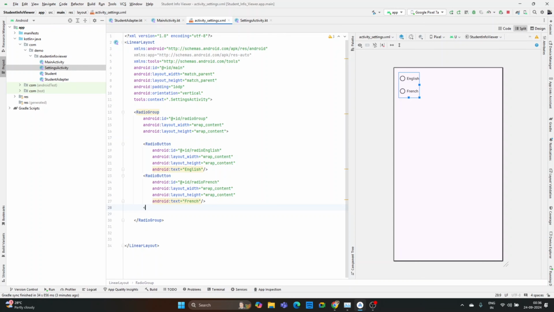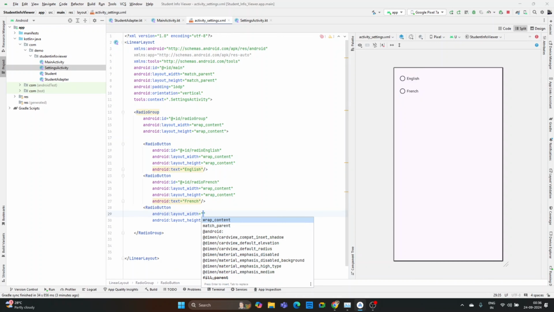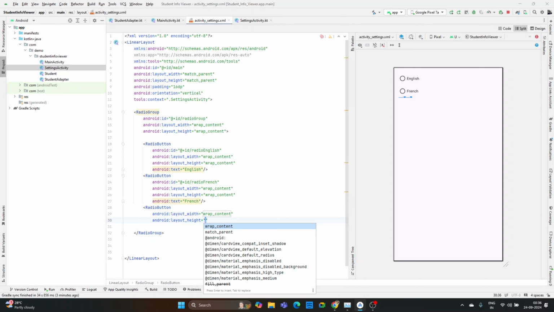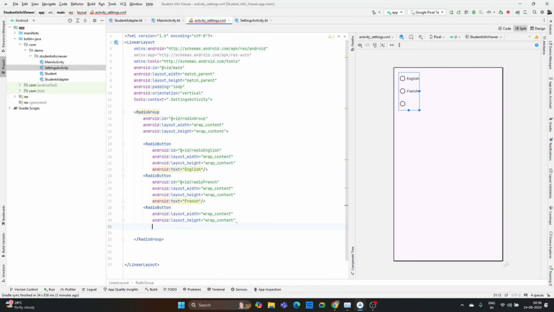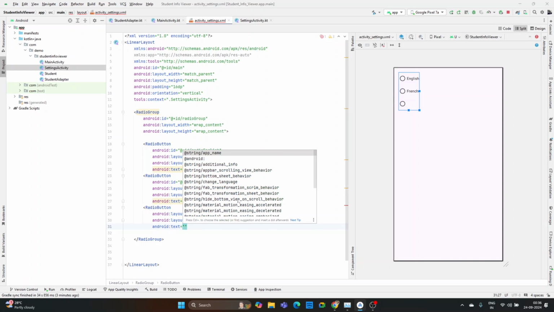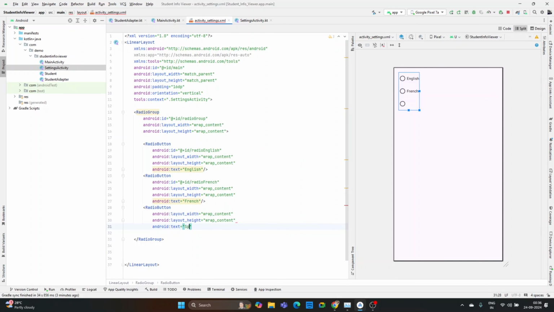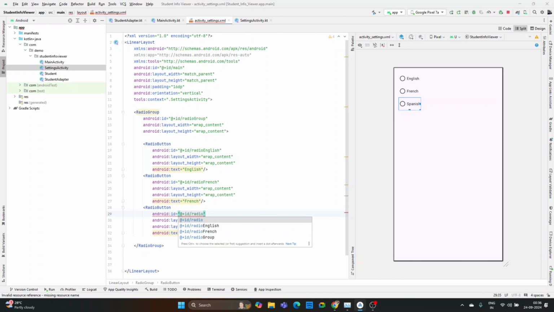Okay, and we need to create one more radio button with wrap content. And this is also wrap content, and we are going to provide a text, basically English, French, and Spanish. Okay, and here we need an ID. In this ID we have to pass radio Spanish. Okay, so we have created the three radio buttons here, and then after we have to close this angular bracket,